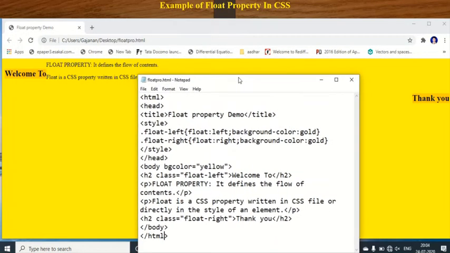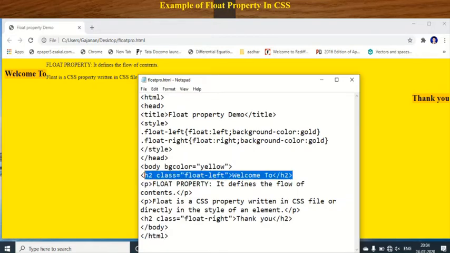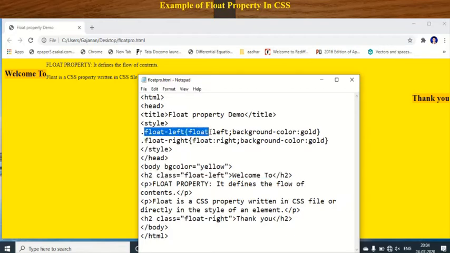Just observe first one, h2 class float left, welcome to. Okay, this message is shown or displayed according to which specification? Specification defined in what? Float left class. In float left class what you do here, that is float, you have to align the text as left and background color is gold.